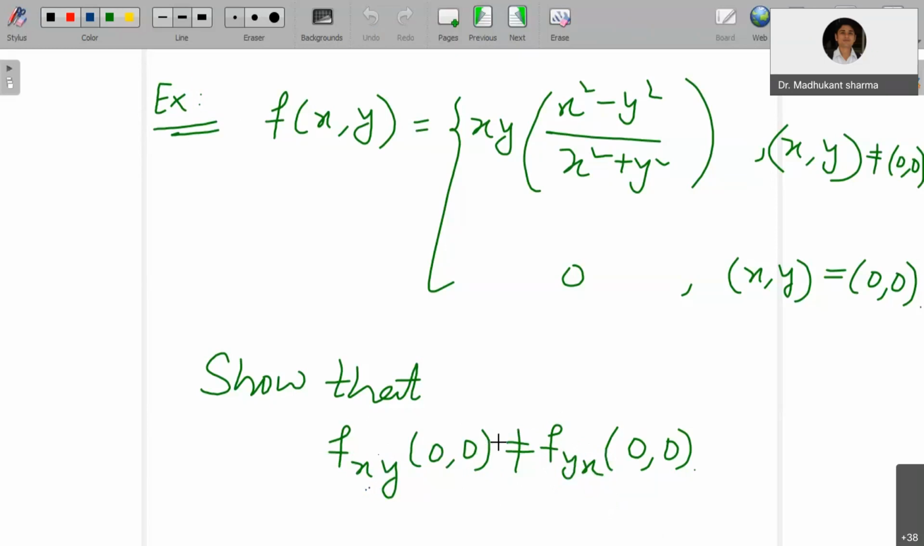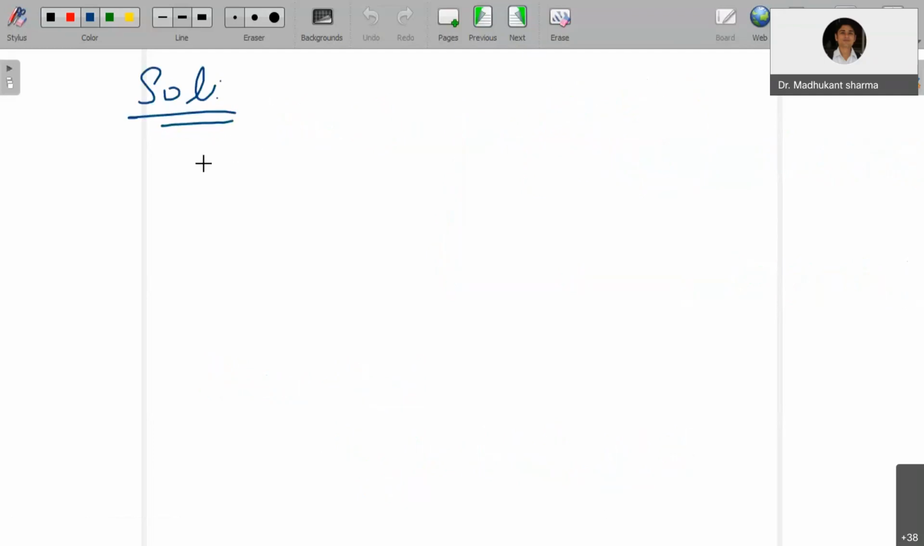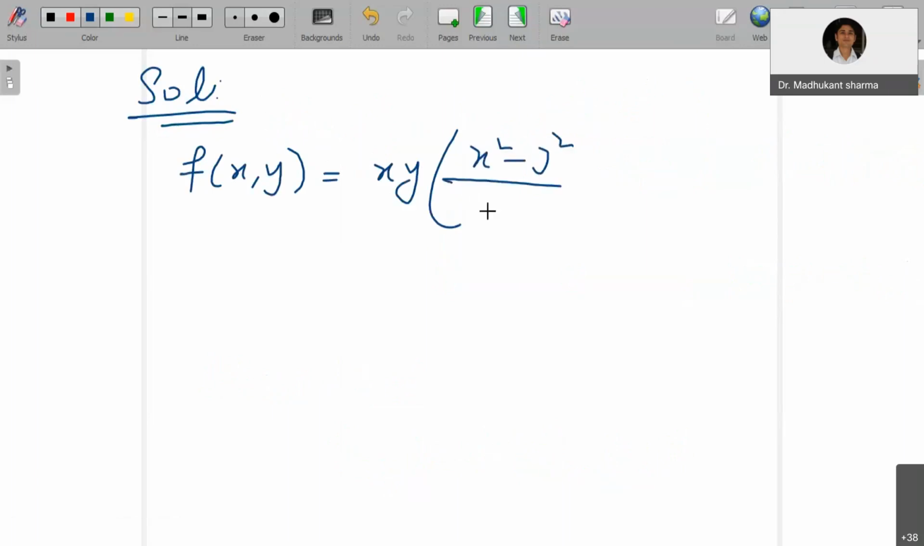So that follows in the same fashion. In general, you can't expect nice things to happen, so you need some additional condition on the function, and sometimes it is very much required when you look at some applications. Now you are given the function definition: f(x, y) equals x times y times (x square minus y square) divided by (x square plus y square),